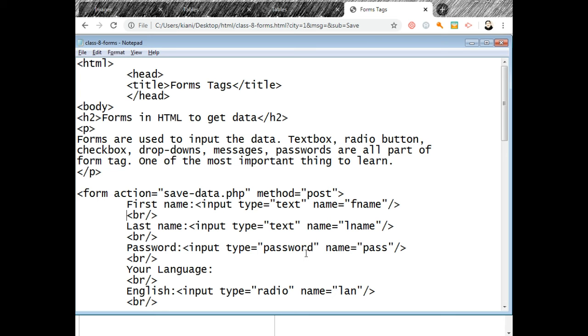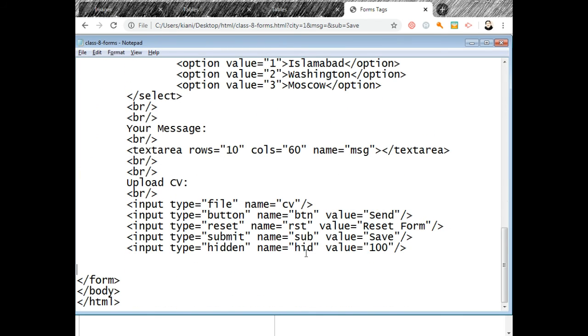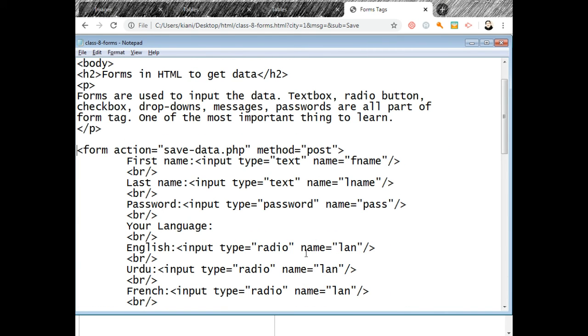All these input tags come under the form tag. This is the closing tag, this is the starting tag. All inputs, all selects, all passwords, all radio buttons, all checkboxes, all text areas, all files come under the form tag.